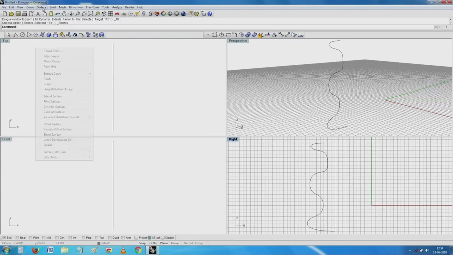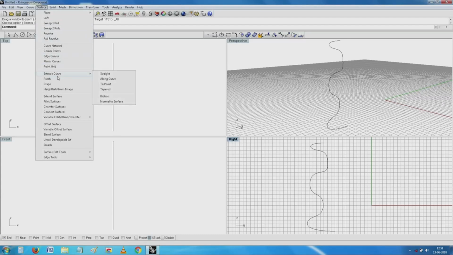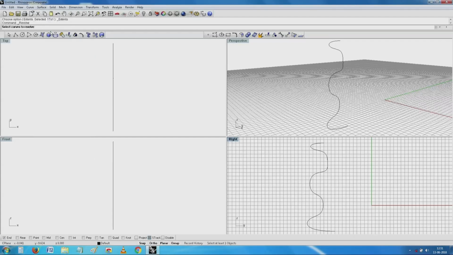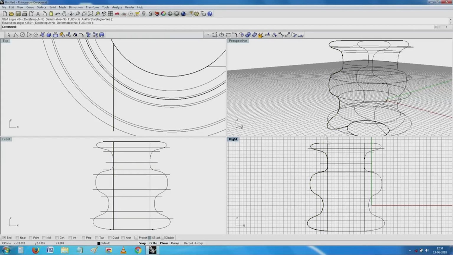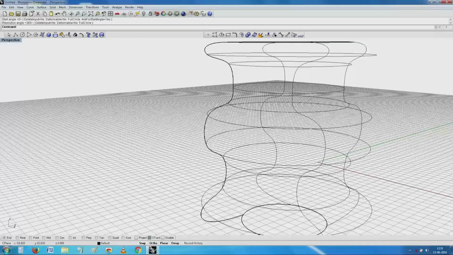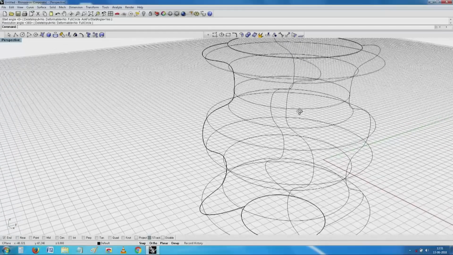So, in this case I will make an axis by rotating this. Yeah, select curves to revolve, start of revolve axis, end of revolve axis, start angle. You see I have what looks a little like a very nice